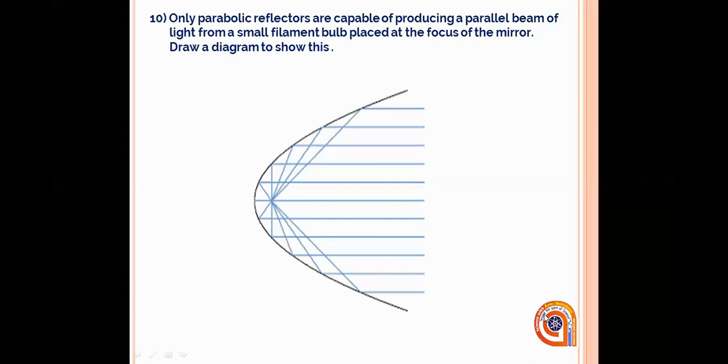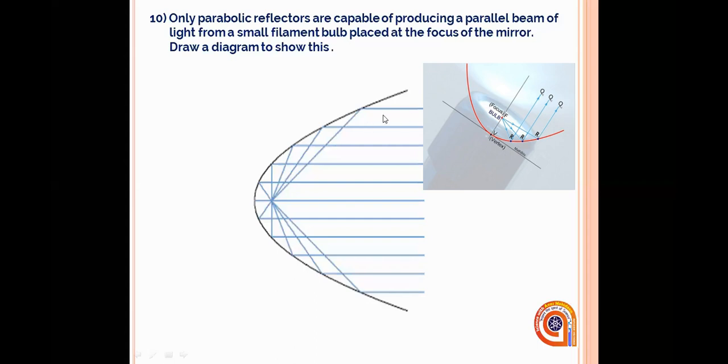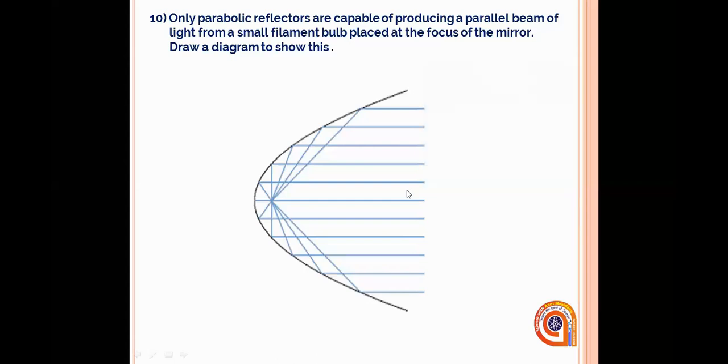That is because parabolic reflectors are used here. This is also a sort of concave mirror. So this should be the diagram. When you are drawing this, make sure that the rays emitted from the point are the incident rays, and show the arrows that way. The rays which move parallel to each other are the reflected rays. So this is the last answer for our questions.